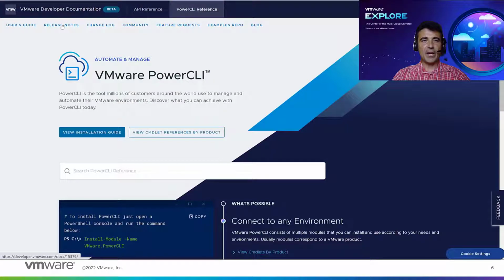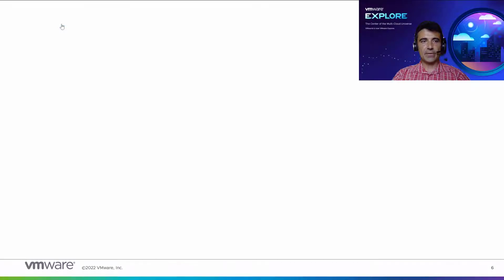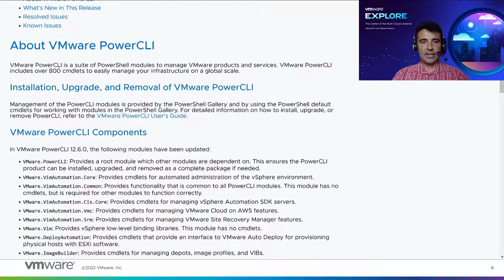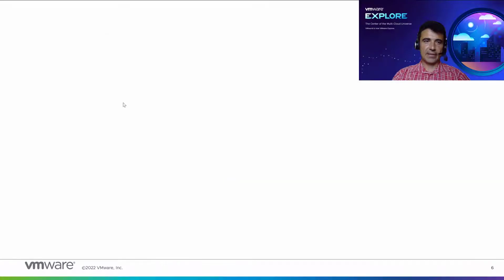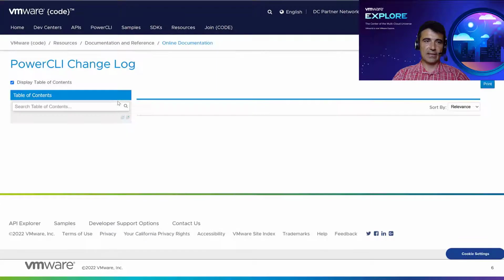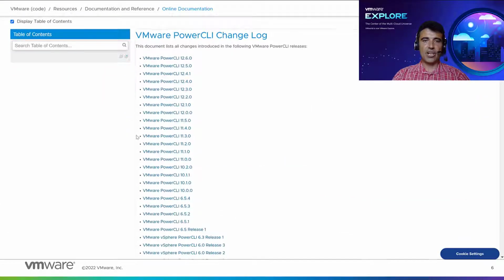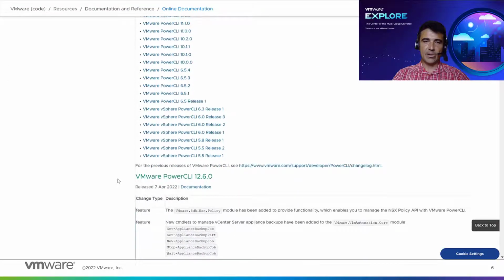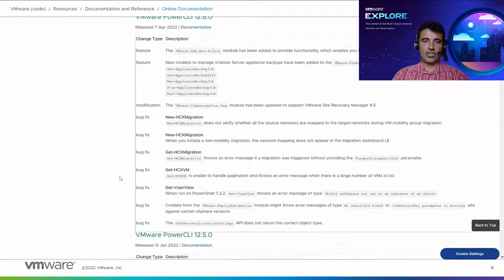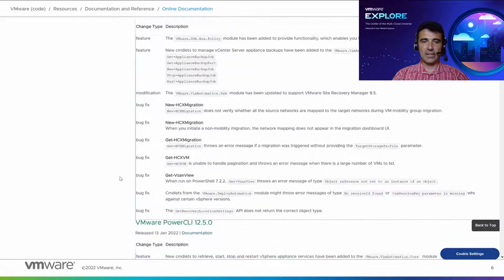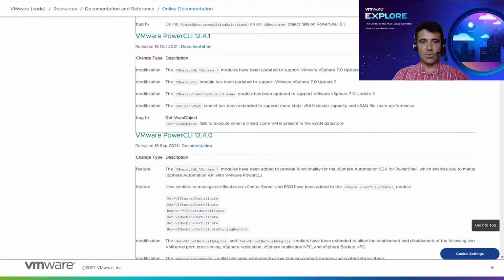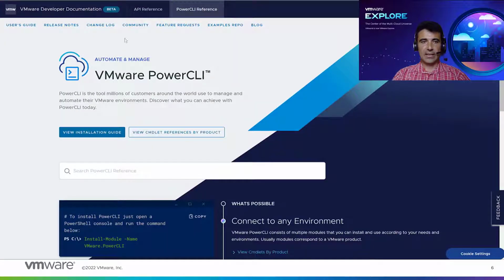Next on the homepage, we have the release notes of the latest PowerCLI version. Here you can see what we have added in the last version, and we also have the changelog, which is similar to the release notes, but here you can see the changes of all the PowerCLI versions in one document. So here you can scroll down and see what we have added in all the PowerCLI versions that are available